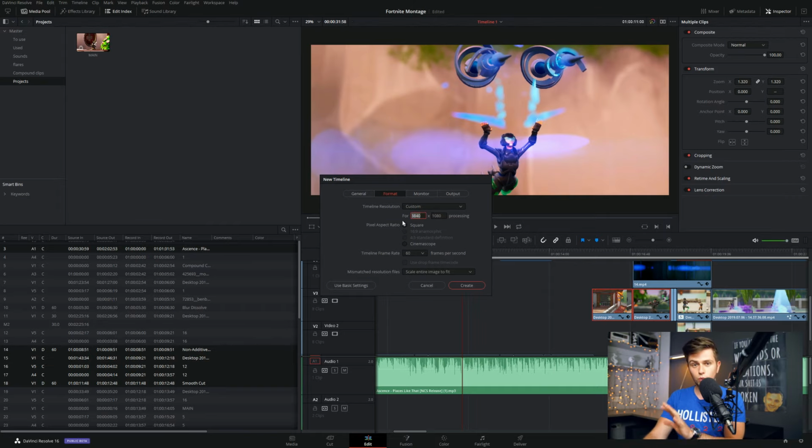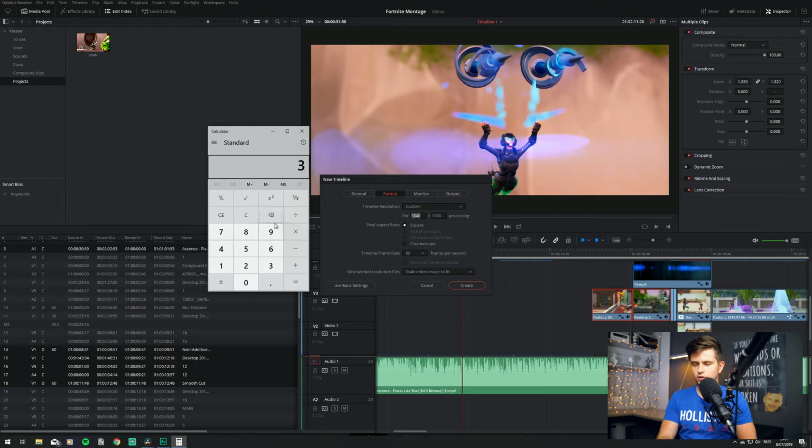So in my case I use a 4K resolution, so 3840 as our width. Now to find the height, let's take our calculator and insert the width right here. Now the aspect ratio is 21:9 and 21 stands for the width. So let's divide the amount of pixels wide by 21 and then multiply it by 9 for the height, since our aspect ratio is 21 width by 9 height. So multiply it by 9, and then we see that our height should be